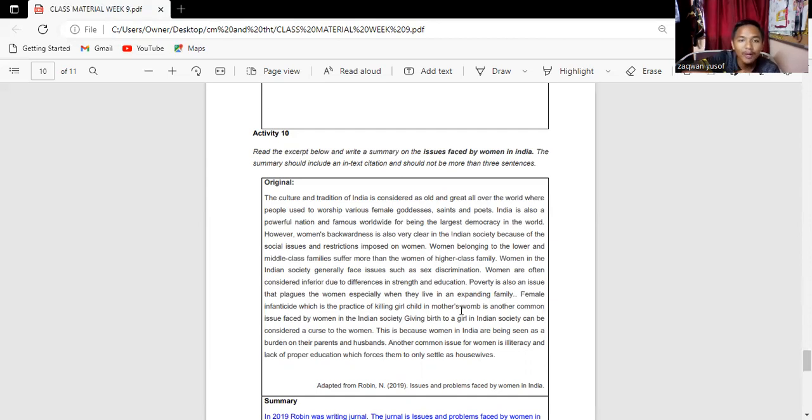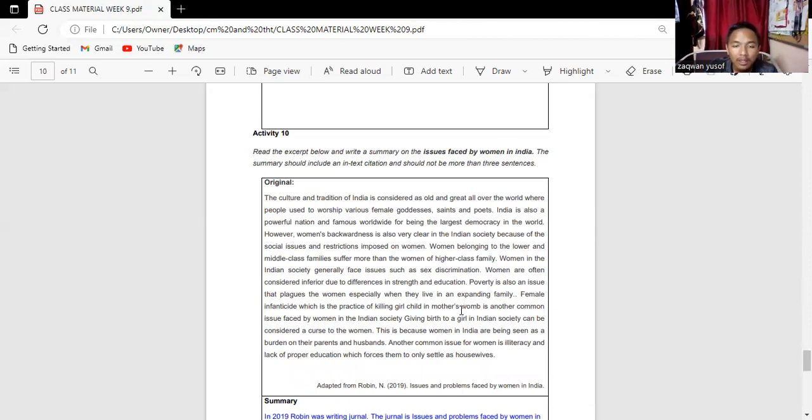India is also a powerful nation, famous worldwide for being the largest democracy in the world. However, women's backwardness is also very clear in Indian society because of the social issues and